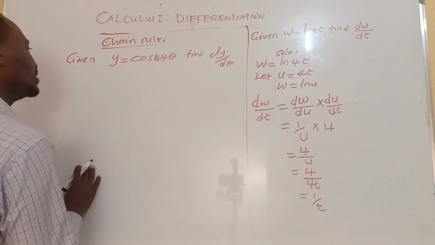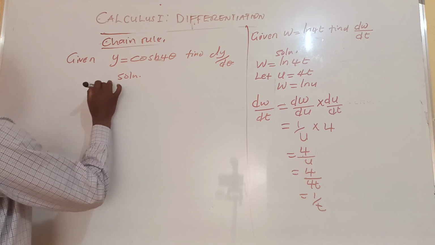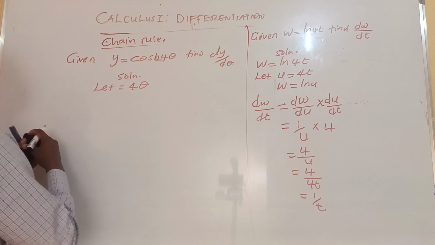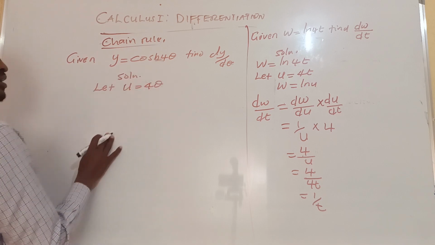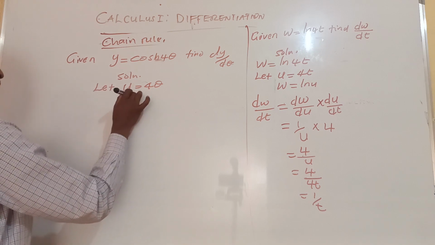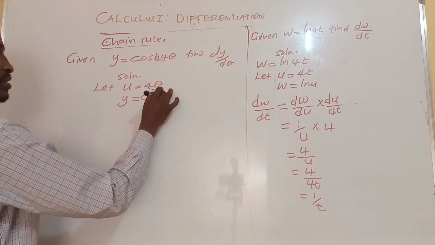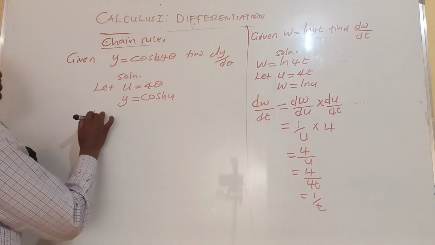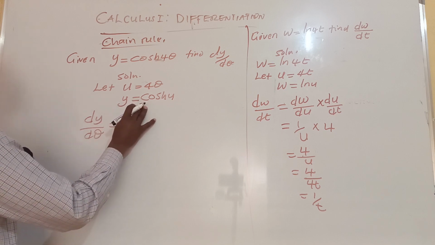We will again say as our solution, let u equal to 4 theta, so that y will be equal to cos u. So if you now differentiate dy d theta, it will be derivative of the inner function, outer function,